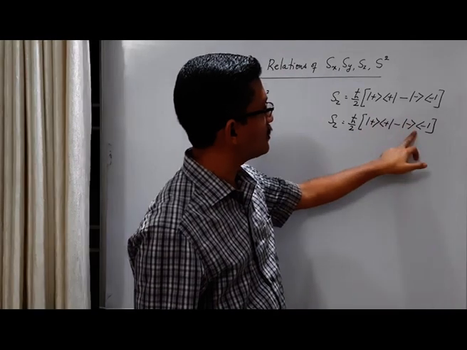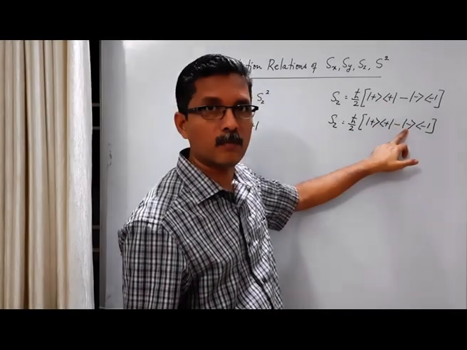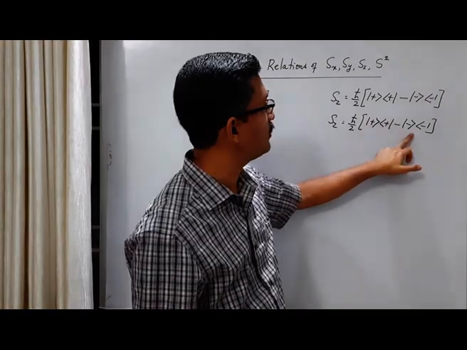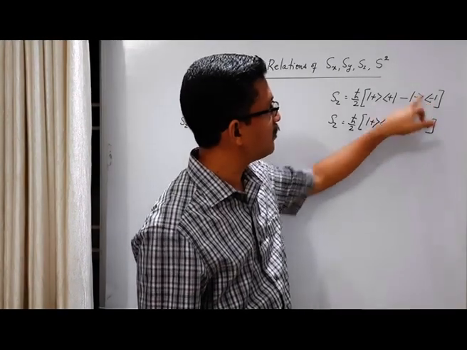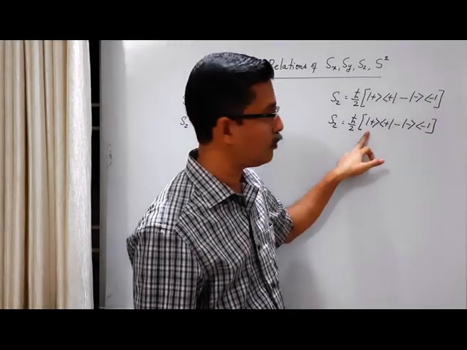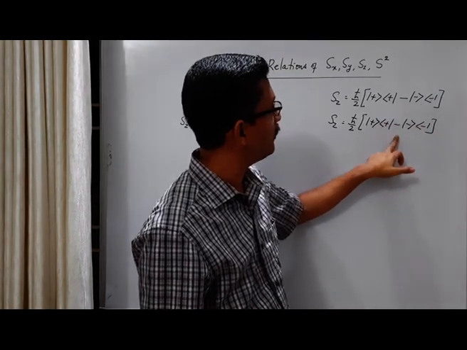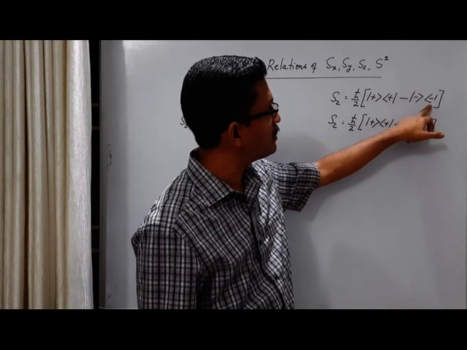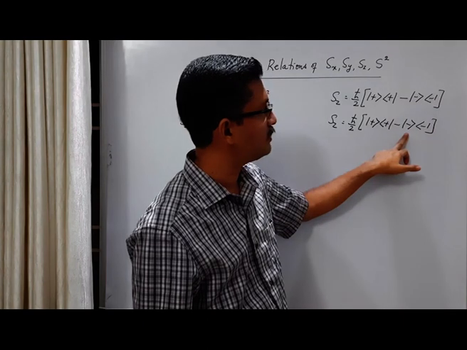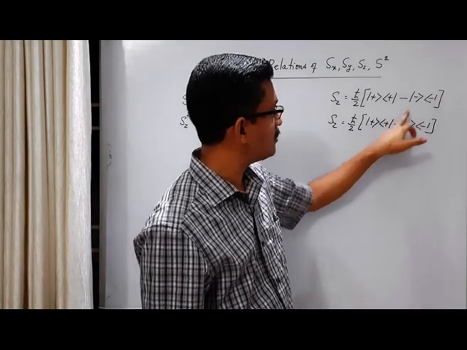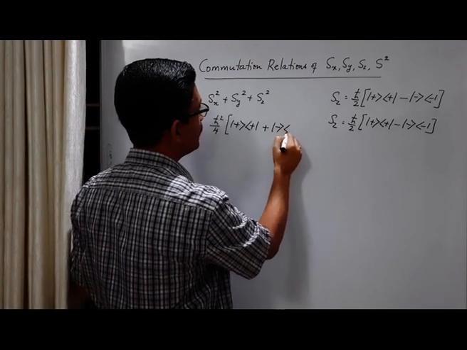Then this into this. Then the inner product is between bra vector plus and ket vector minus, which is 0 because they are mutually orthogonal. So this term will be 0. Similarly, this term will be 0. You have an inner product between bra vector minus and ket vector plus. That will be 0. They are mutually orthogonal. And this into this. Then minus of minus will be plus. The inner product is between this bra vector and this ket vector, which is 1. Bra vector minus ket vector minus 1. So we have plus. Then the remaining is plus ket minus bra vector minus.